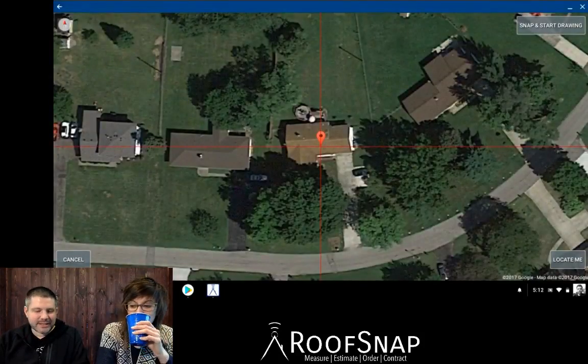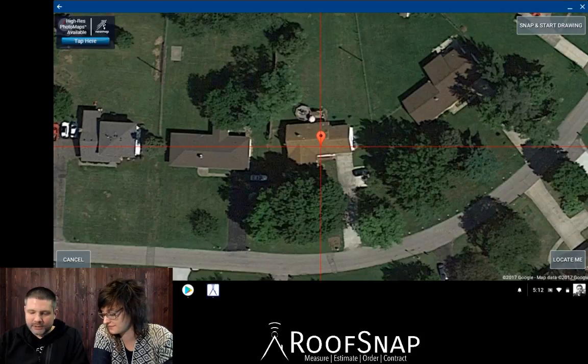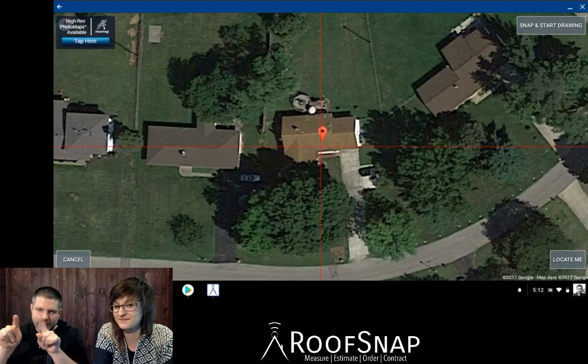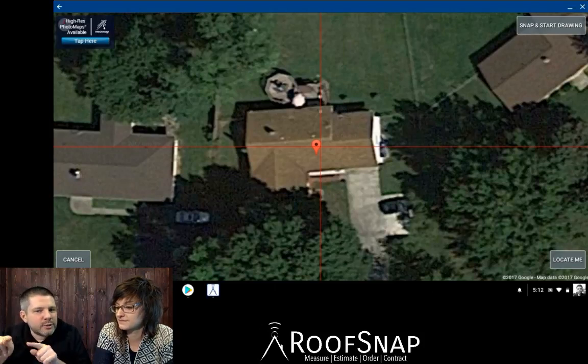There we go. So I tapped on it. It zoomed right in. It used Google to map the address and pull me right in on the house. So this is kind of two fingers. I use two separate hands and pinch and pull apart to zoom in on the house. And trust me, we have some other videos where you can see the touch points right on the screen,